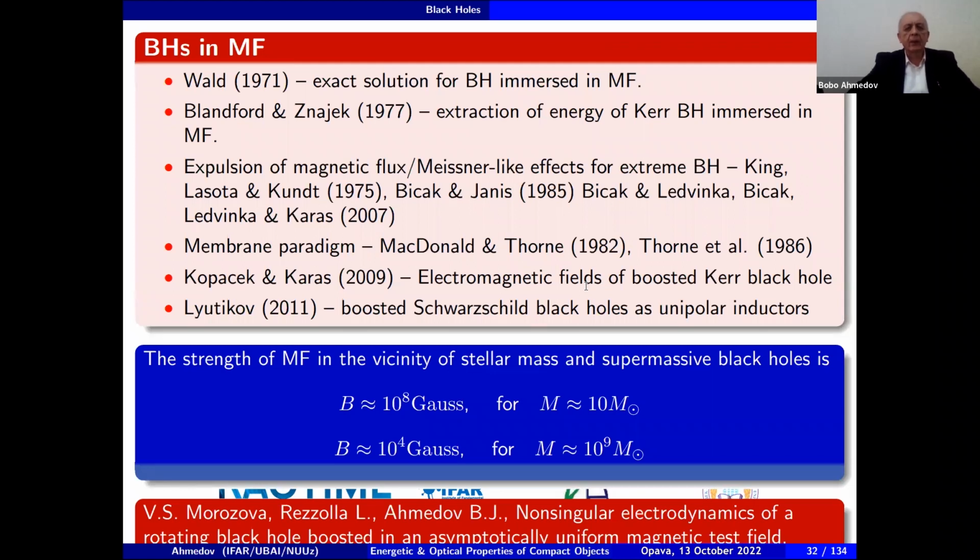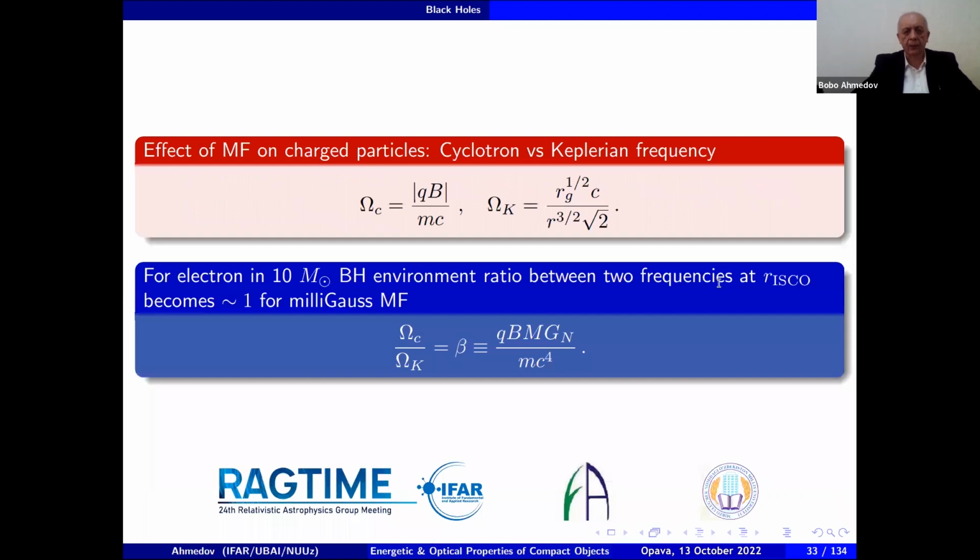And in 1977, Blandford and Znajek have shown that the external magnetic field can be very important to extraction of energy from the black hole. So it is a very important mechanism for the extraction of the energy, and estimations of the magnetic field show that it depends on the type of the black hole, and if it is an astrophysical black hole, it can reach up to 10^8 gauss, which is very huge for the dynamics